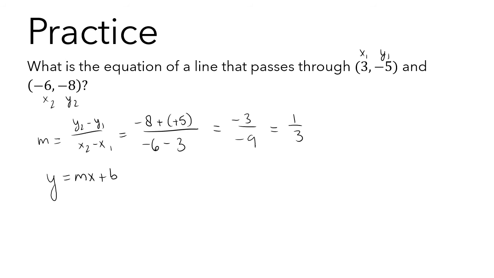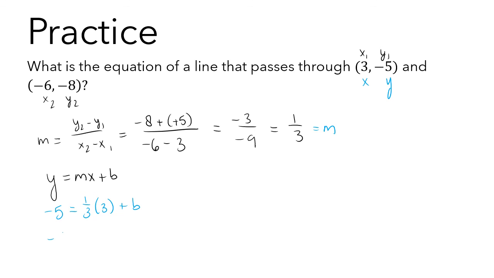So I'm plugging what I know, which is I can use either point, 3, negative 5 or negative 6, negative 8. I'll just use the first one. So I'm going to let this be my x and this be my y. And this right here is my m. And I fill all that in. So y is negative 5, m is 1/3, x is 3, and then I want to figure out what is